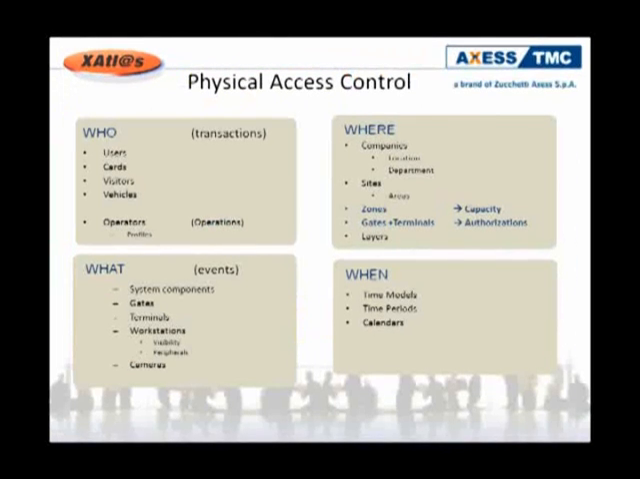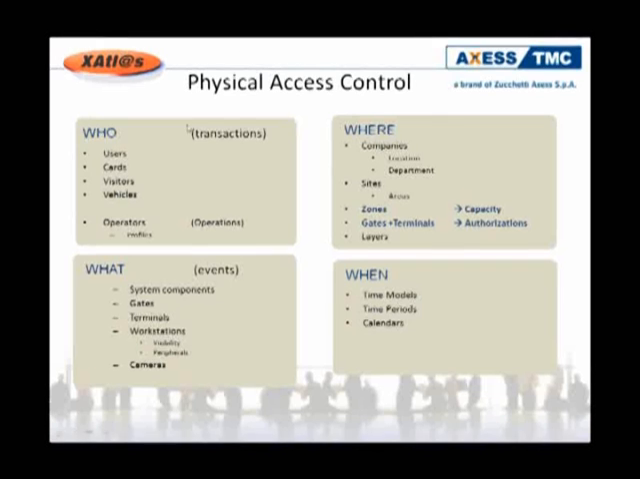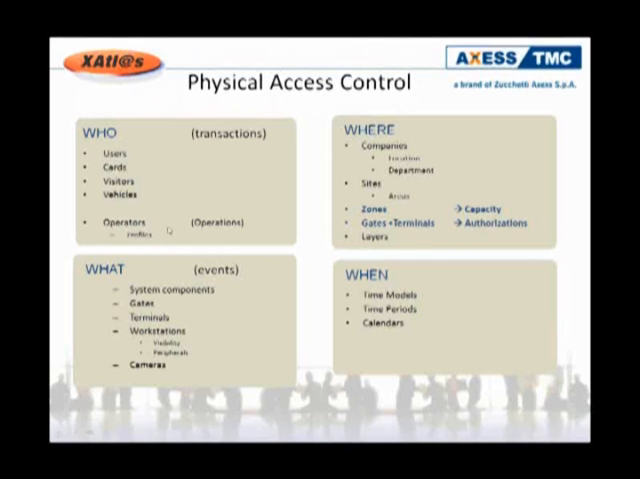So let's view more in detail what we have under the main entities that we're speaking about. So what are those entities which generate transactions in our system? And we will see that we have different kinds of individuals: users, cards. We will see why cards. Visitors, vehicles and operators. The difference between operators and users is that the operators are the workstation operators, so the people